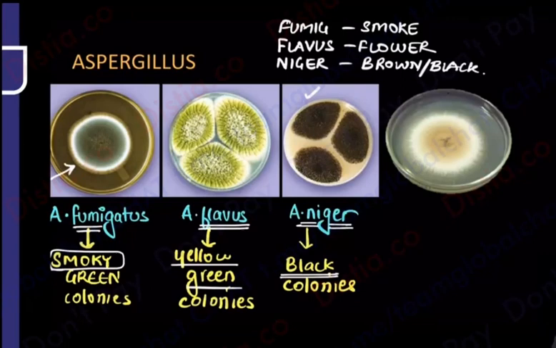Okay, there's one culture plate that is remaining, which I'm going to come to in a while. But first, let me finish off these 3 main ones, that is Aspergillus fumigatus, flavus and niger. Now you want to look at these under the microscope. What stain will you put? If I want to pick up a little bit of this and look at it under the microscope for the culture morphology, you will put a lactophenol cotton blue.